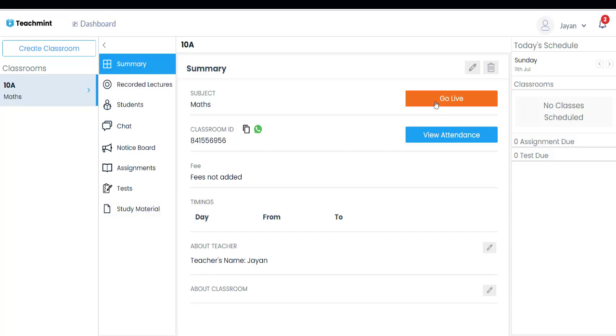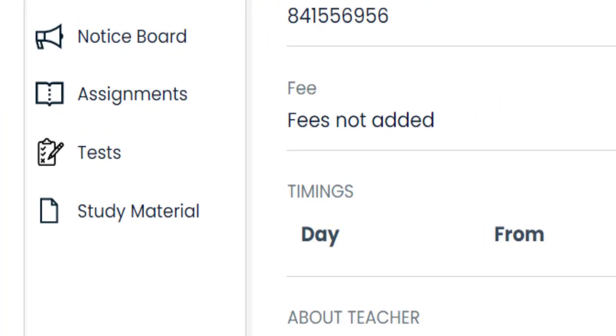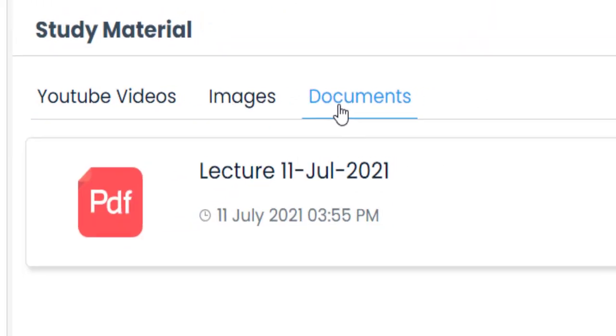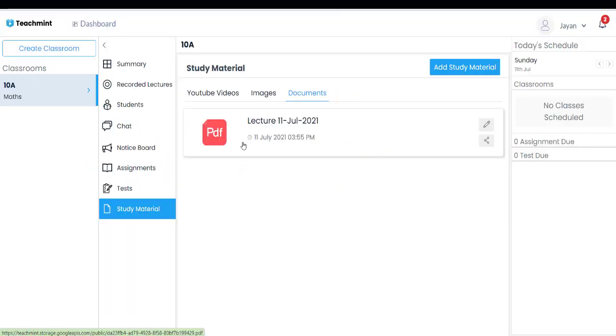And one more thing, we used one whiteboard during the class time. Whatever you have done in the whiteboard, everything will go to the students automatically. You need not send these things to the students. It will be saved in the study materials. Okay, we can click on the study material. In the documents tab, you can see this one. See, that board will be saved as a study material.